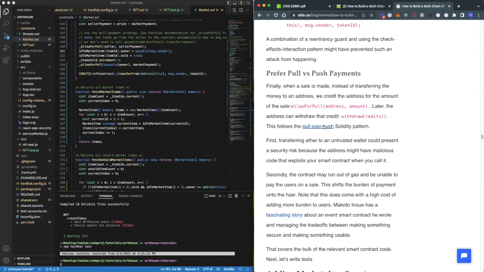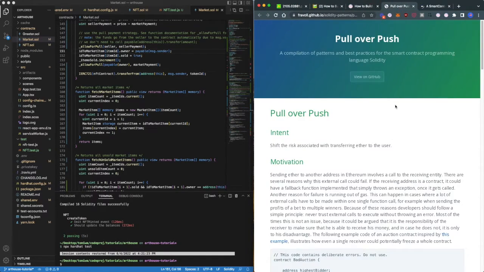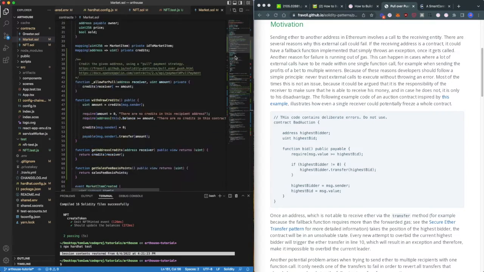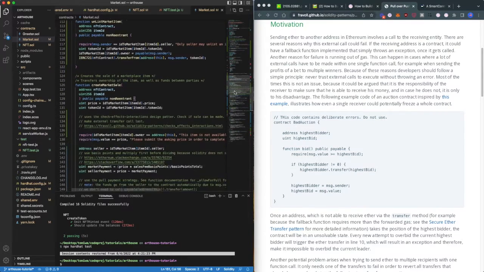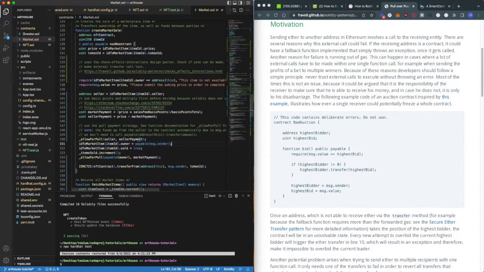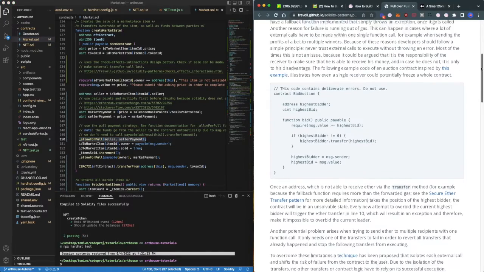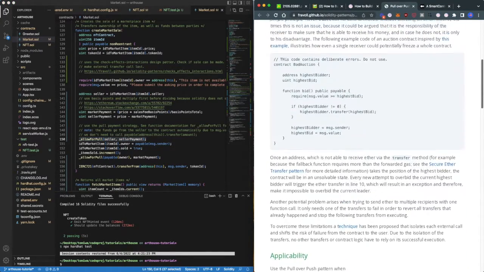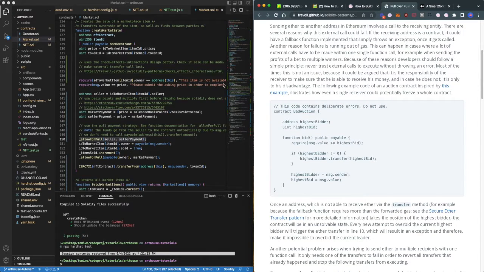There is a really good document here that talks about why to use pull versus push payment strategy. Another thing I would want to highlight is how it works: when you make a sale, when you call create market sale, allow for pull, which should probably be renamed. I think they called it allow for pull. That's why I did that. Allow for pull is probably not the best name, but anyway, with allow for pull, you go in here,